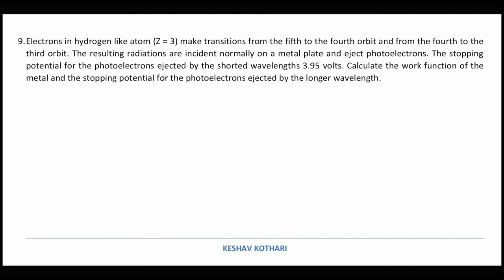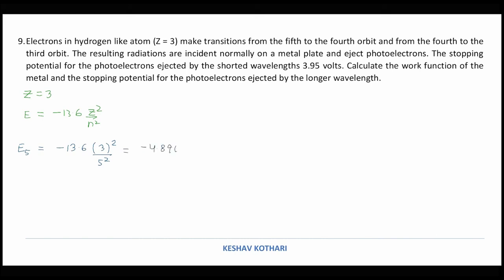So from here I can start like this: the value of Z is equal to 3, and the working formula which we are using is E equal to minus 13.6 Z squared by N squared. Now first of all we are calculating the value corresponding to N equal to 5. So E5 can be written as minus 13.6 times 3 squared upon 5 squared, and we obtain a value equal to minus